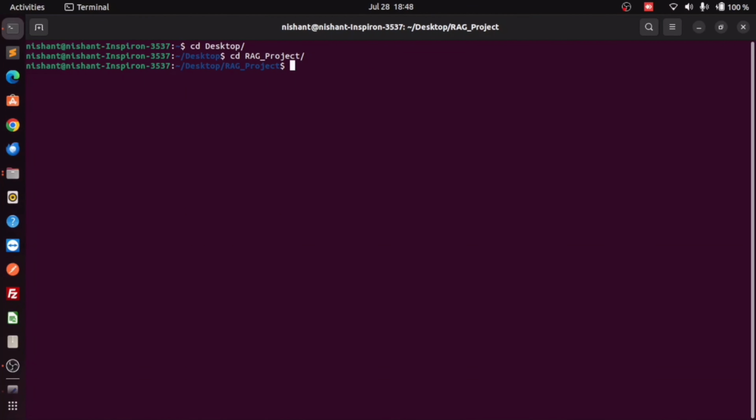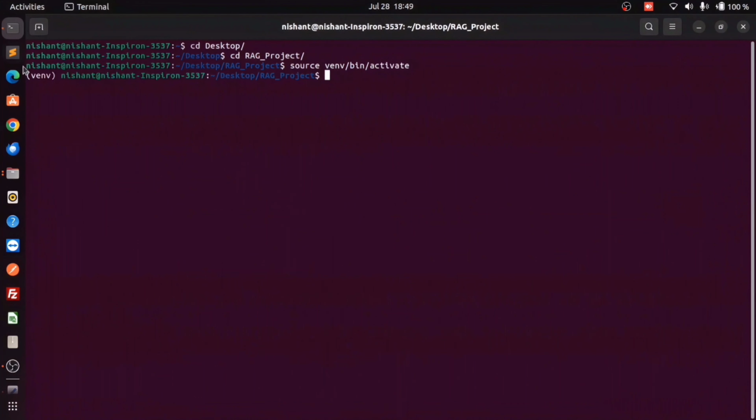Okay, now let's create a virtual environment. As we know, a virtual environment basically creates an isolated Python environment for our projects. That means the libraries we install in the virtual environment won't affect other Python projects on our computer. So how can we create it? We can just do python3 -m venv, and that creates a virtual environment. I have already created it, so I am not executing this command. You can do it on your own machine, and once the virtual environment is created, we need to activate it. For activation we can just use source venv/bin/activate.